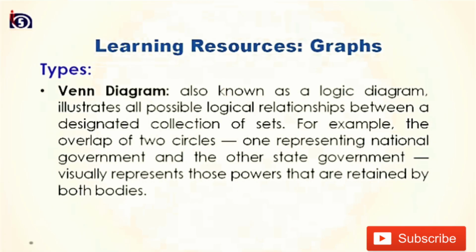Now look at your screen. We are also having Venn diagrams. Venn diagrams are also known as logic diagrams. They illustrate all possible logical relationships within a designated collection of sets. For example, the overlap of two circles, one representing the national government and the other representing the state government, visually represents the powers that are retained by both bodies. For example, we are having different lists in our constitution which represent the powers. So those lists, for example, the concurrent list, state list and union list,